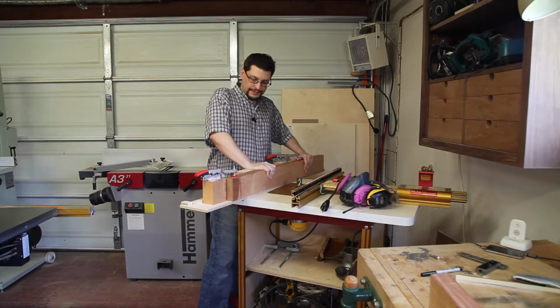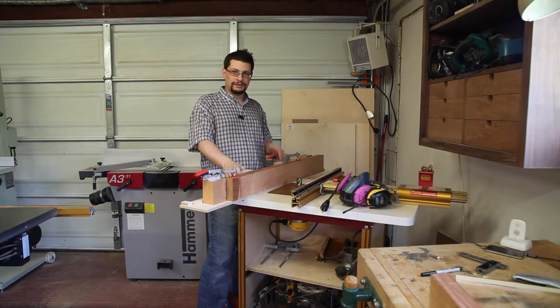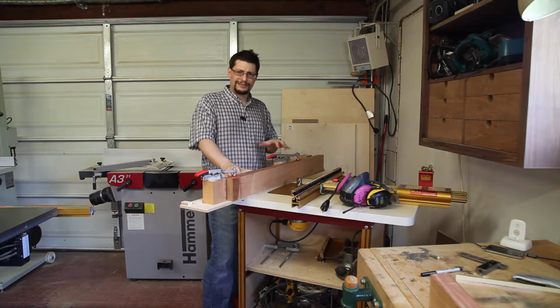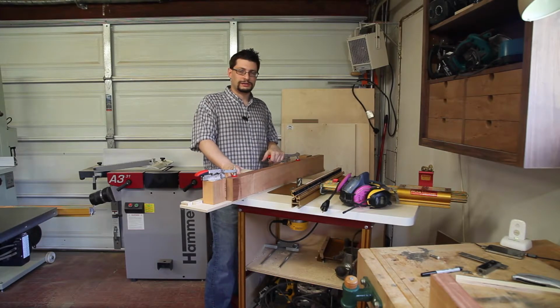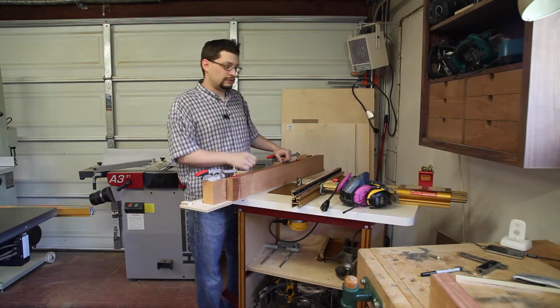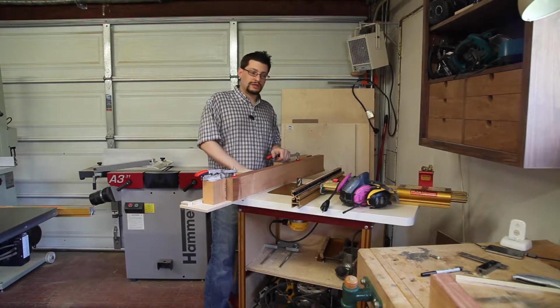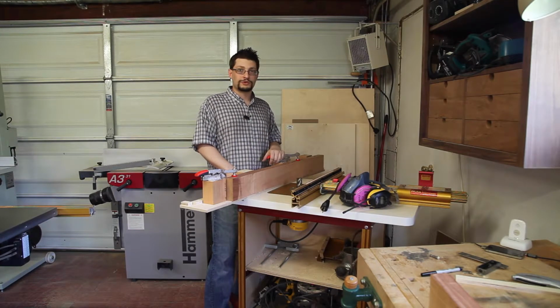That's not going anywhere. Have a router bit in, and yes, this is William Ing's Big Daddy bit. It's fantastic. I just had it sharpened, I don't know, maybe a couple months ago, and I haven't really used it yet since the sharpening, and we're going to use it today. So if you do buy this bit from William, which I think everybody should, at least two,